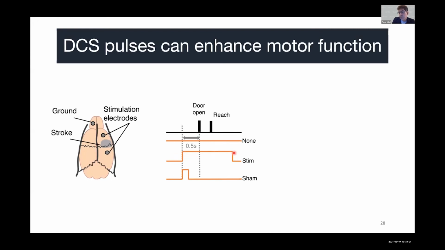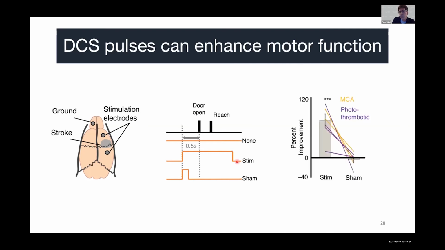So we were stimulating the perilesional sites during the time of reaching, and rats were pretty motivated, so they used to reach as soon as the door opened. The electrical stimulation was on throughout the period of reaching. And then we also did sham stimulation, where there was only a 100 millisecond stimulation pulse, which used to get over before the door opened or the reach could be initiated. And what we saw across 7 rats was a strong effect with the stimulation trials. This was done in a randomized fashion. Some trials had stimulation, some did not have, some had sham stimulation.